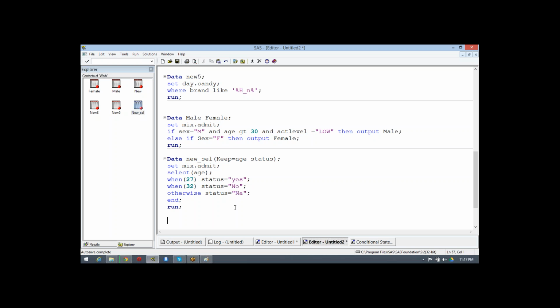And Ravi, in the parentheses we are using 27, so it's comparing age is equal to 27? Yes, directly the value. So if we want age greater than 27, then we can just write age space 27. Yeah, you can use the symbol instead of equal to. So you can use select also only for one column, not for many columns.